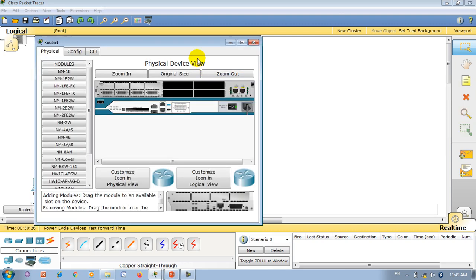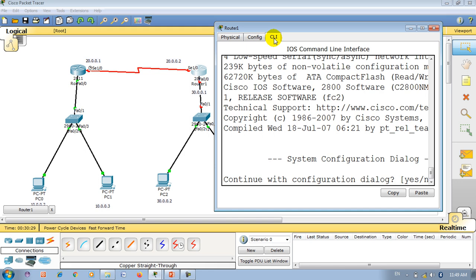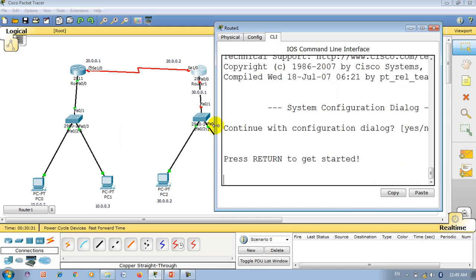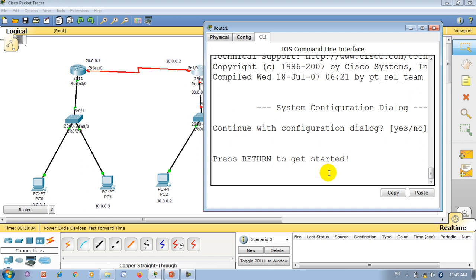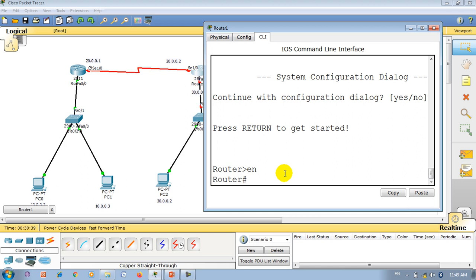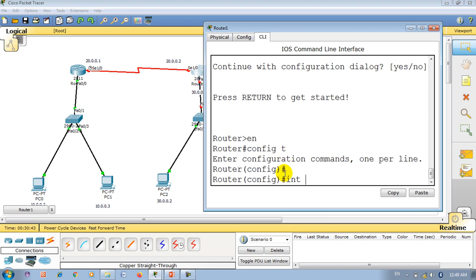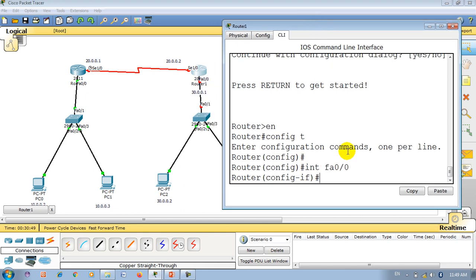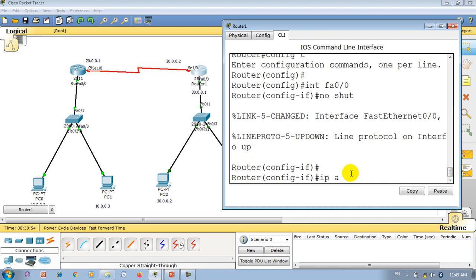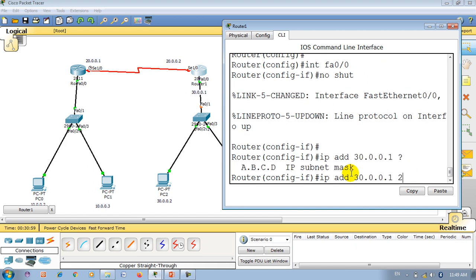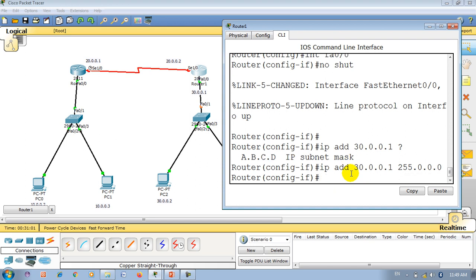Now let me move to the right side. So enable, then config t, interface FA0/0, no shut, then IP address 30.0.0.1, then we require the subnet mask 255.0.0.0.